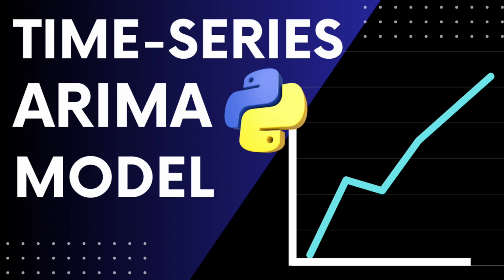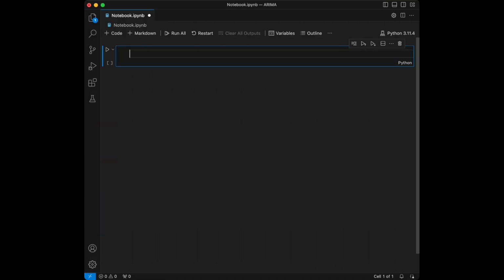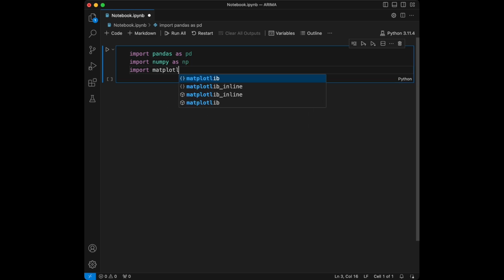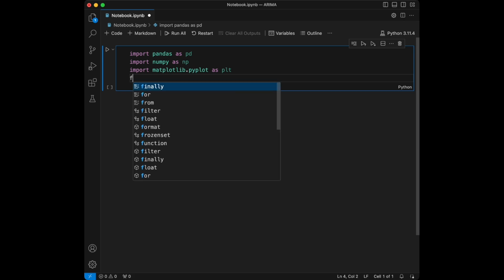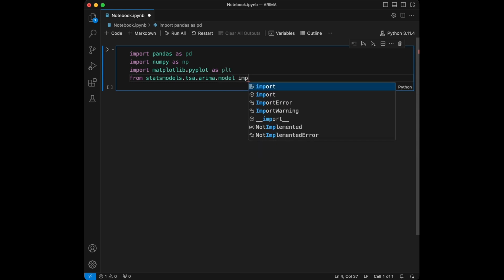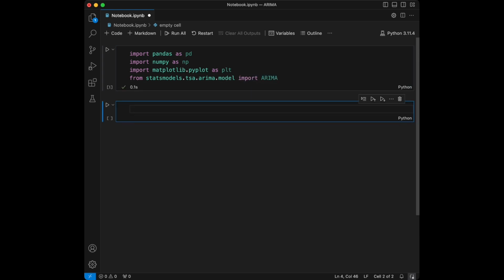Let's start by importing libraries that we are going to use. I'm going to import pandas, and I'm going to import NumPy. I'm going to import matplotlib.pyplot as plt, and we are going to import the ARIMA. So I'm going to say from statsmodels.tsa.arima.model import ARIMA, like this. Here are the libraries that we are going to use, and we are going to create a data set for